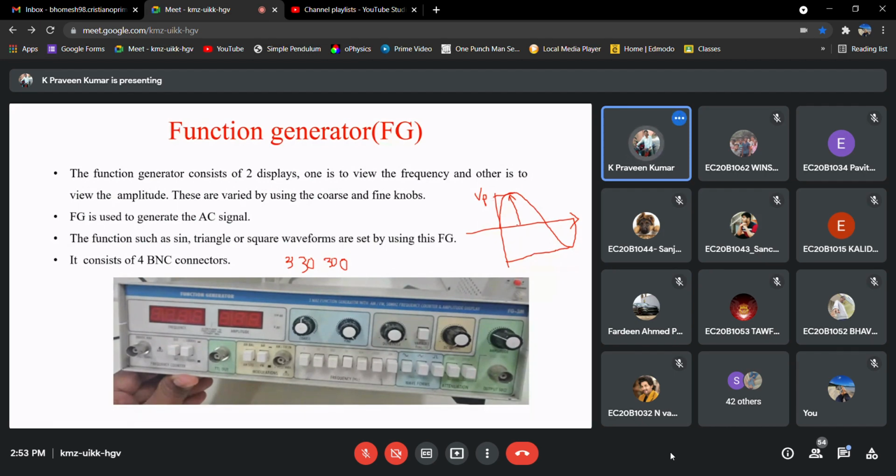If I take from here to here, then we'll call it as a peak to peak voltage, right?